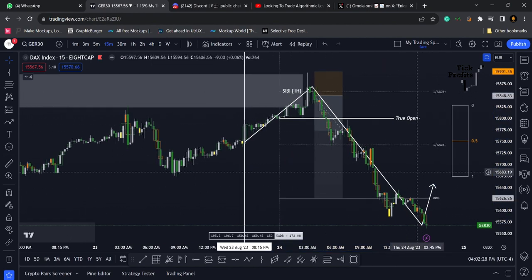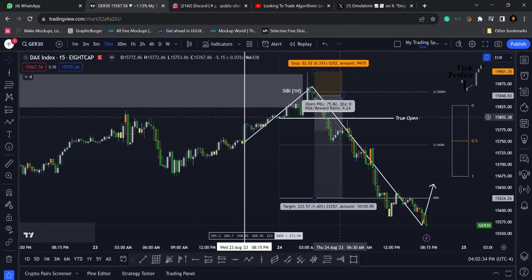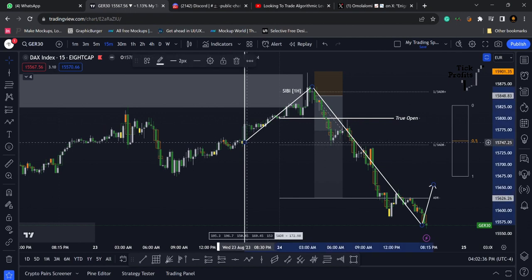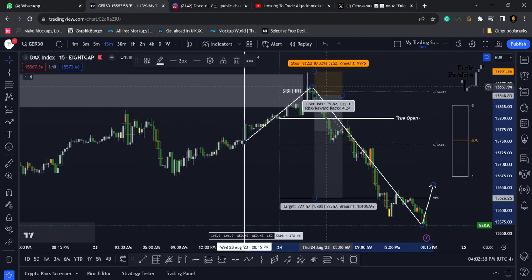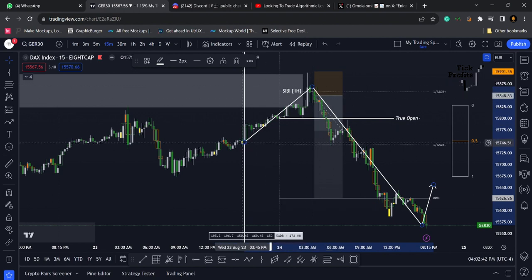And what we are going to be targeting with confluence to the ADR is that when the daily candle makes its Judas, and in this case, DAX made a high, which is the Judas for the day, which is also the high of the day. You can see that